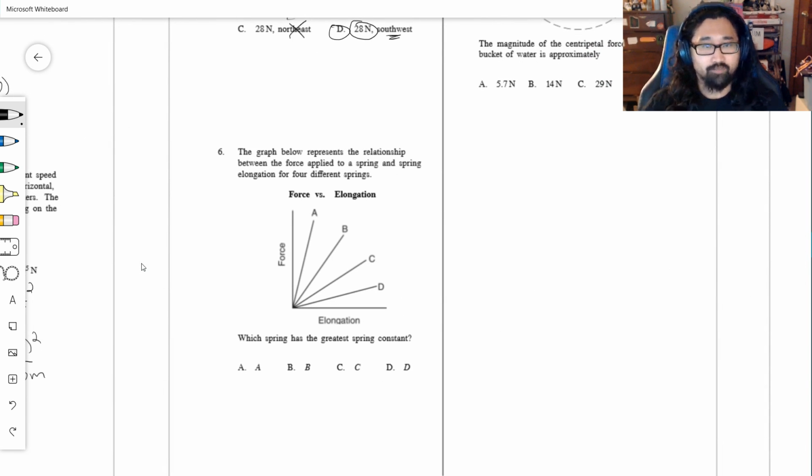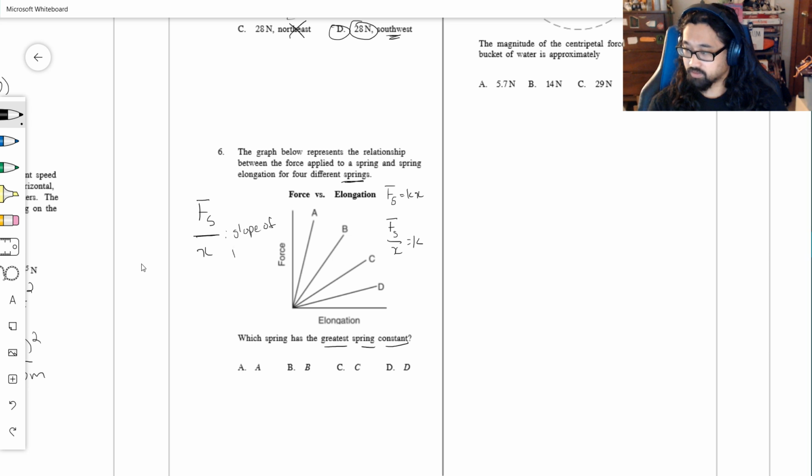All right, number 6. The graph below represents the relationship between the force applied to the spring and the spring elongation for 4 different springs. So spring force is K times X, right? What has the greatest spring constant? Well, if I need to solve for the spring constant here, I'm going to do the spring force divided by X, that equals K. Now if I look at this, spring force divided by the elongation,